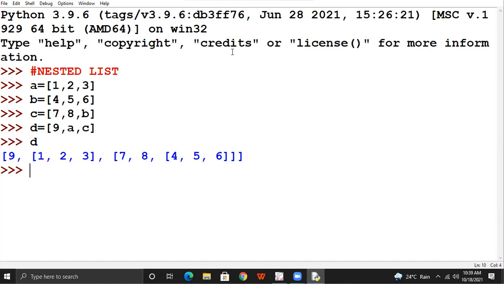Then is A. A is itself a list, so a separate list in the nested form: 1, 2, 3. Then C. C is itself a list: 7, 8, B. B is itself a list: 4, 5, 6. A list inside a list, and inside that a list.